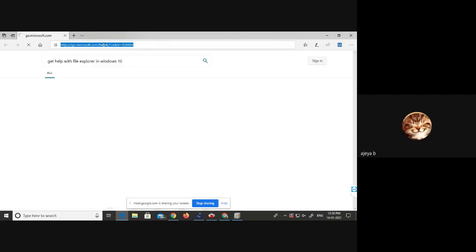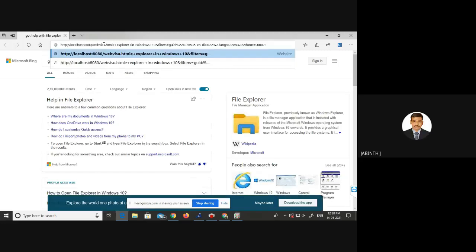Try in this. I think there are some issues in my computer. Okay, the link you have written is slash only, right? Yes, sir. Localhost colon 8080 slash webvisio.html.